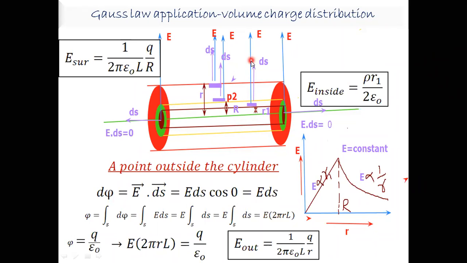Under spherical charge distribution, in the last class we discussed the uniformly charged conducting sphere and the uniformly charged non-conducting sphere. Here we discussed the uniformly charged non-conducting cylinder, and you can discuss the same concept for a uniformly charged conducting cylinder also. Of course, it is not in our syllabus, that's why I limited my discussion to this one. So with this explanation, in the case of uniformly charged distribution, for the uniformly charged conducting sphere and non-conducting sphere, for an internal point there we got E inside equal to rho